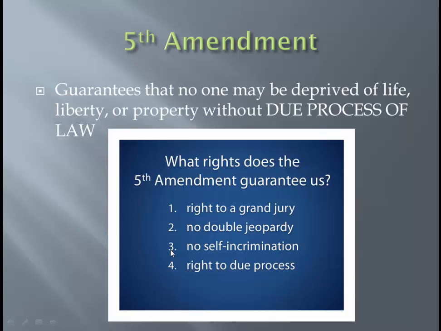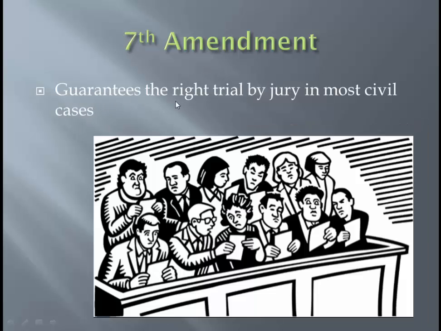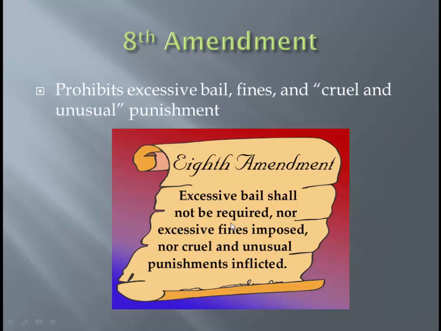You get a lawyer during trials. You get the right to a trial by jury. All good stuff that you get. Fifth Amendment, it's kind of like a grab bag amendment. There's a bunch there. 6 and 7 you can pretty much put together, right? 6 says that you have a right to trial by jury in criminal cases. 7th Amendment says that you have the right to trial by jury in civil cases. Once again, you're going to want these 12 people to decide your fate. Don't go with the judge, go with the jury, right?